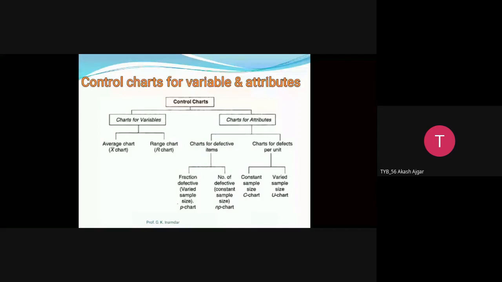In attribute charts, they do not provide detailed information for the control of individual characteristics. In variable charts we get individual characteristics information, but in attribute charts we cannot get this, and they do not recognize different degrees of defectiveness, the weightage of the defect. In attribute charts we do not get different degrees of defectiveness. That is a great disadvantage of attribute charts. So these are some differences between these two very important types, variable charts and attribute charts.